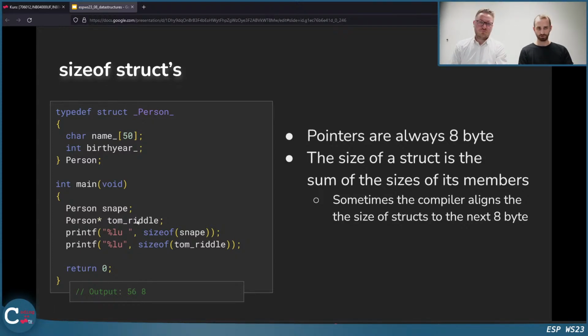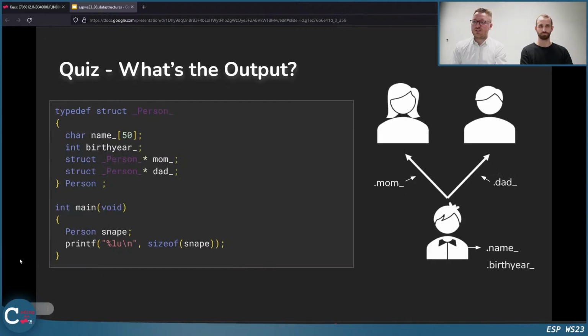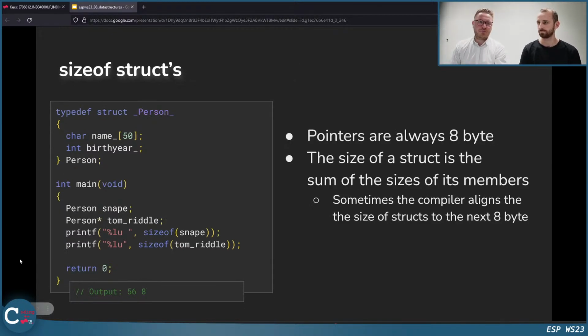But when we look at the pointer here, the size of the pointer is just 8 bytes. As we have always said, a pointer is always 8 bytes. So they are not the same size, and if we want to access the member variables of Tom Riddle, it's not possible because it's just a pointer and not an object. So in this case, if we have a pointer, we should, for example, go to the heap, allocate memory for that, and then we can use the memory. So it's not sufficient just to cast to a person. Since we have a pointer here, what we should do, as David mentioned, is create an element on the heap, for example, or dereference one, and then you're fine.